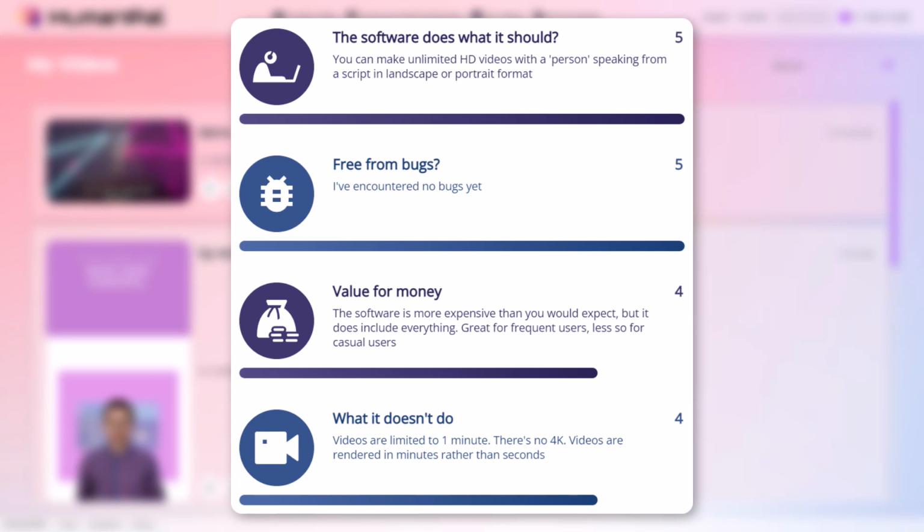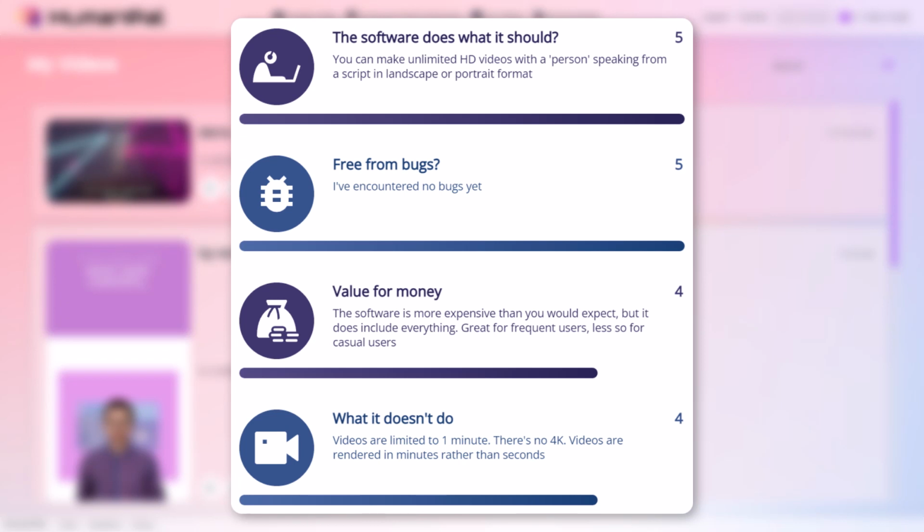Is it good value for money? Yes and no. So they've given you everything and there's no upgrades, and I applaud that. I think that's really good. However, what that means is it's great for someone who uses it all the time. You don't have to shell out for upgrades. Things aren't hidden behind a paywall. You don't have to do any upgrades. Fantastic. But that isn't so good for a casual user, because for a casual user, you'd rather pay less money and not have all the features. I think I'm going to have to give it a really high score for value for money. And I'm just going to have to take off a little bit because it's not so good for casual users. But certainly the upgrades and all those other things do annoy me. So I think it is good.